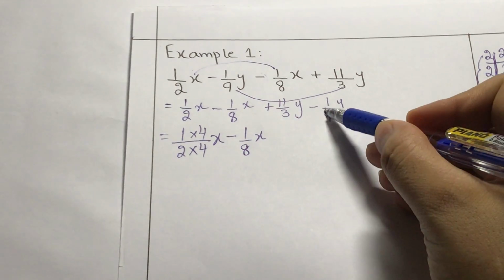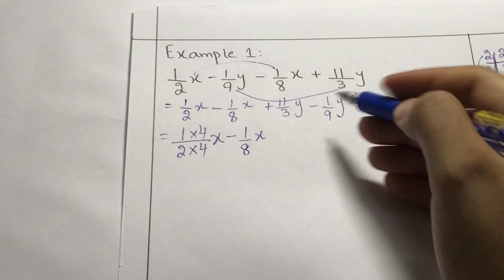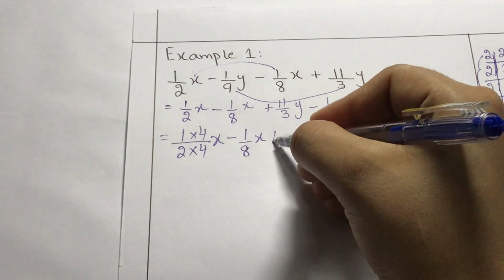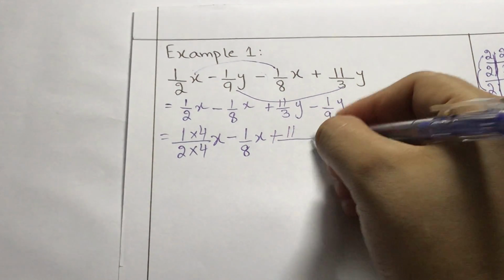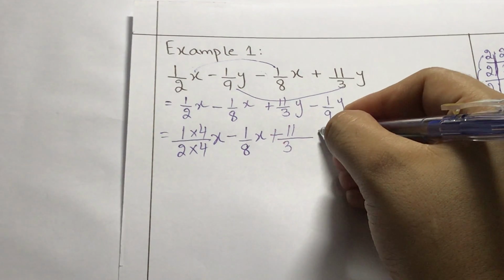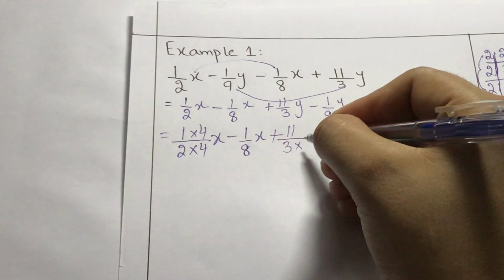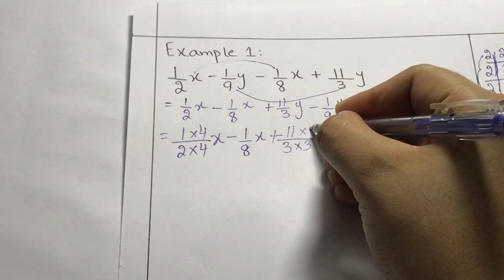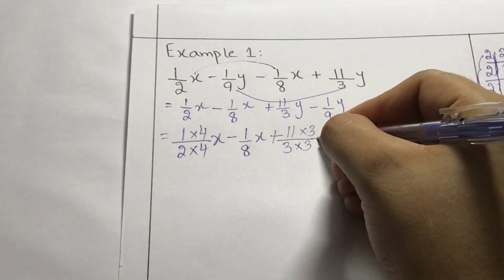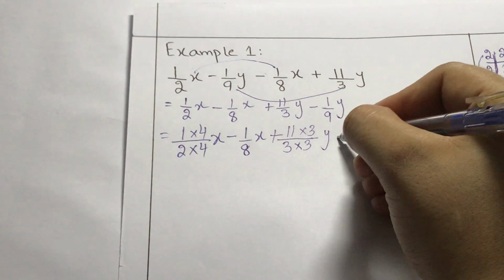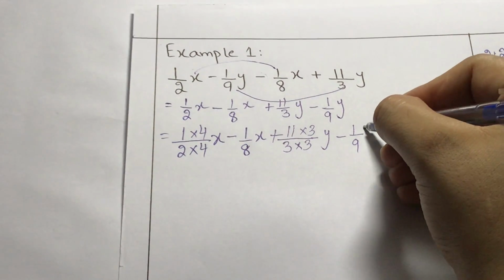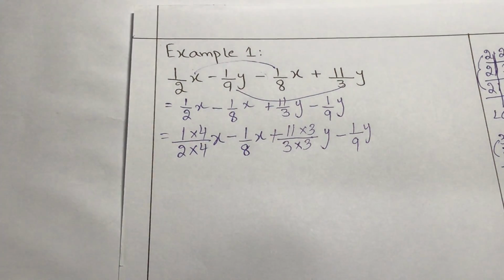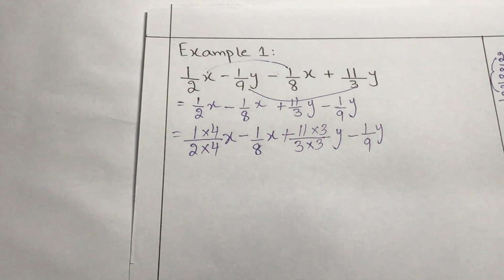9. You can see the denominator of the second fraction is already 9, so we have to change this fraction, and we will multiply our first fraction with 3. 3 3s are 9, so we will multiply our first fraction with 3. Write your variables. No need to multiply your second fraction because its denominator is already 9, right?